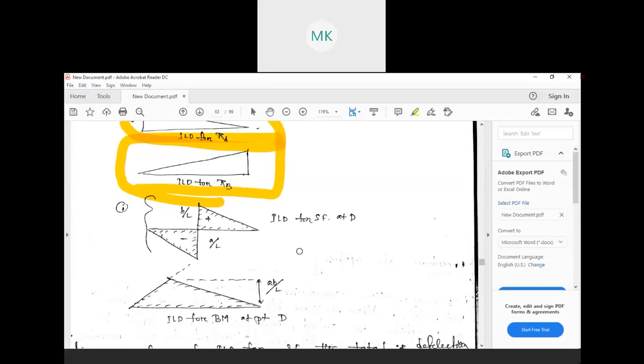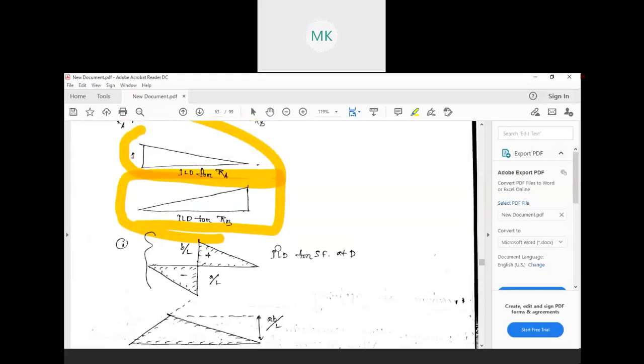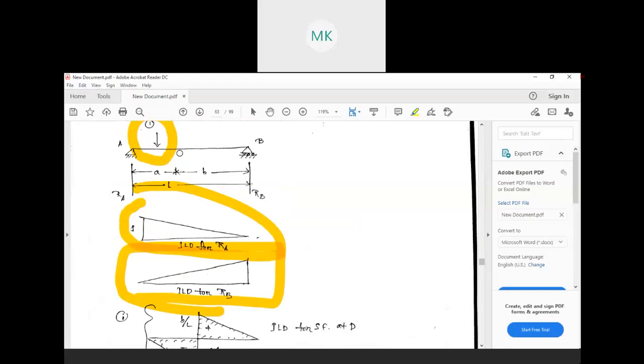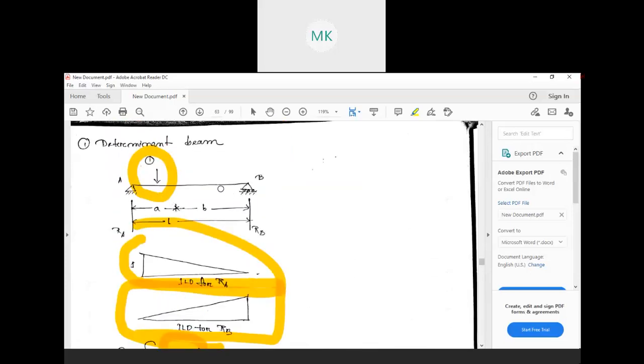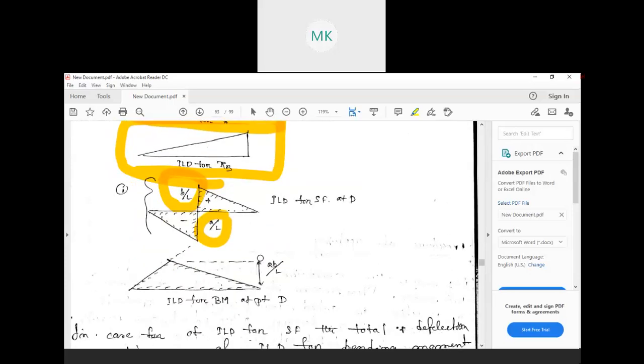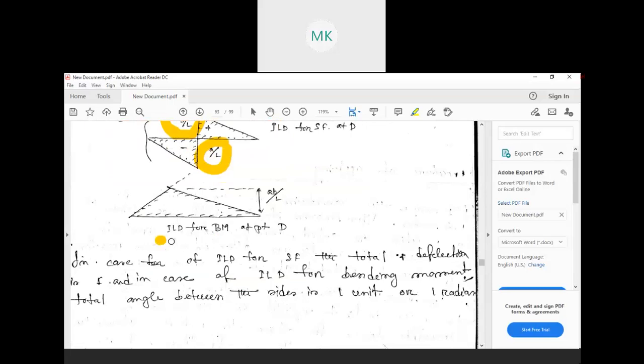Next, the ILD for SF at D. Say this is a point D in the beam. The ILD of SF means shear force. If we need to find it at D, just remember these two formulas: below it is A by L, and above it is B by L, where this is A and this is B. Similarly, if we need to find the bending moment, then also just remember this length is